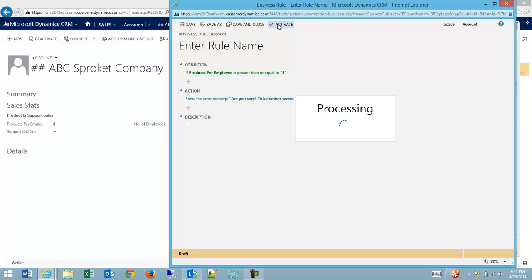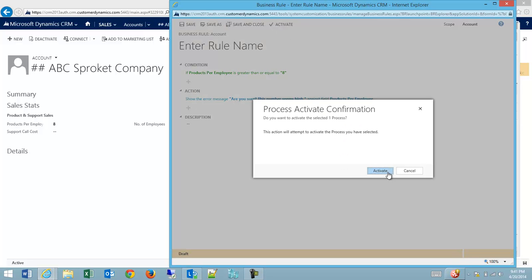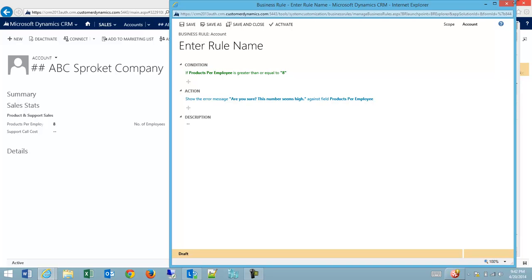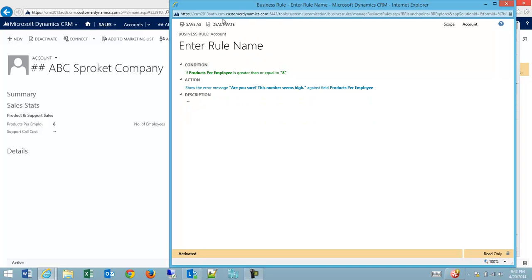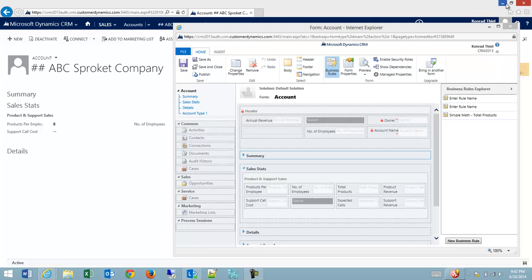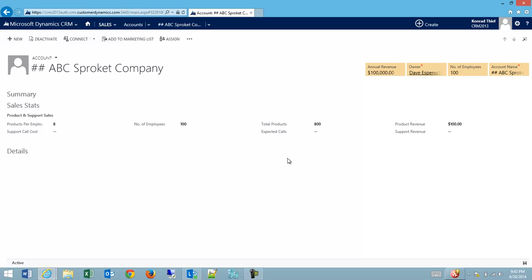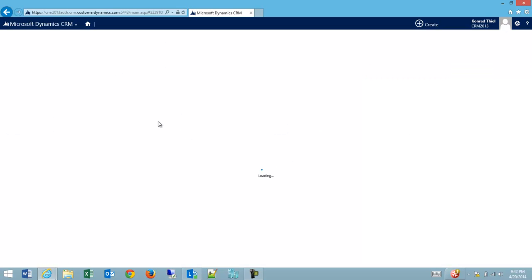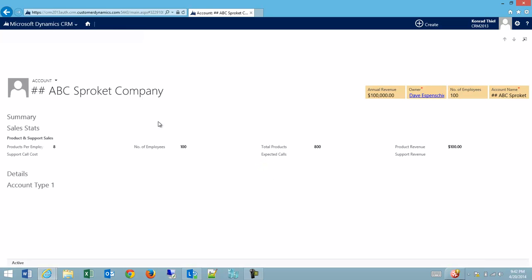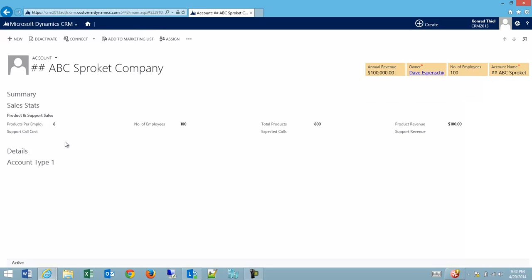I'm going to activate. It's going to give me a prompt to activate. So I'll click activate. You don't have to publish new business rules. The activate and deactivate pushes to live in real time, so be careful with activate and deactivate. I'm going to come back to my form and I'll refresh. And the next time that someone highlights the field or the form fully loads, you'll see there's a red X